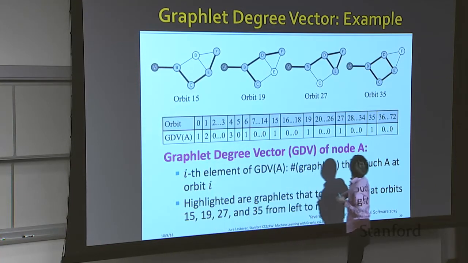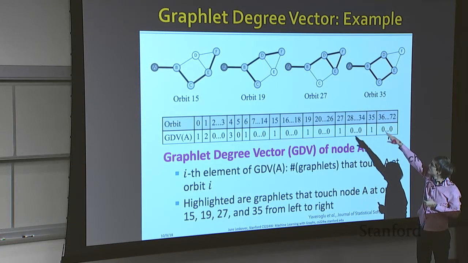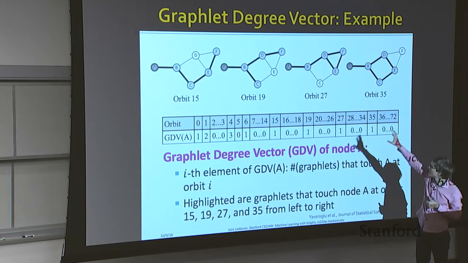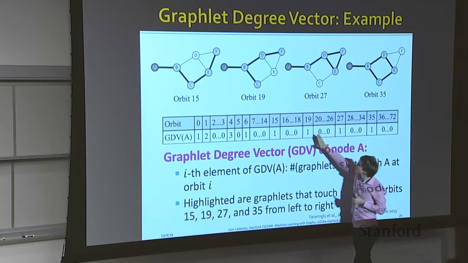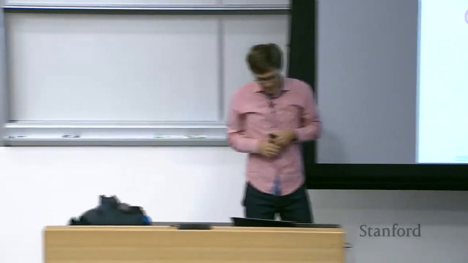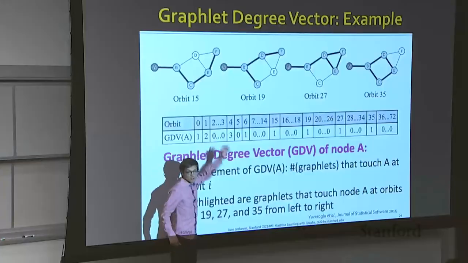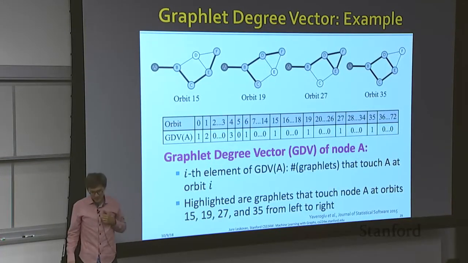And for example, I try to illustrate the instances of those orbits and the graphlets that are counted at a given position, right? And now we can use this vector to do various different things with